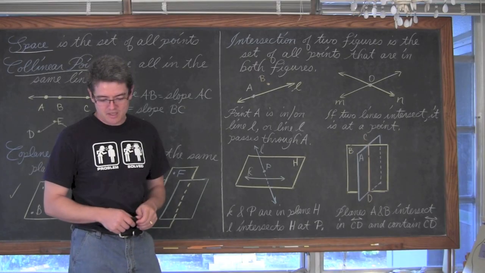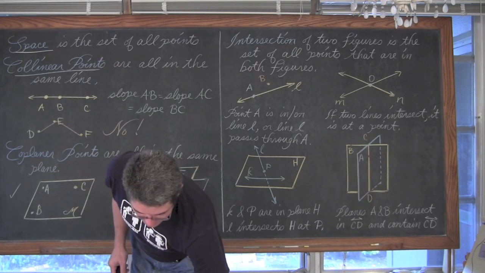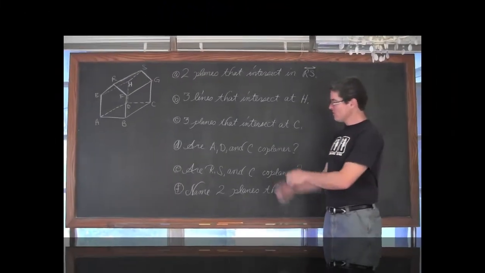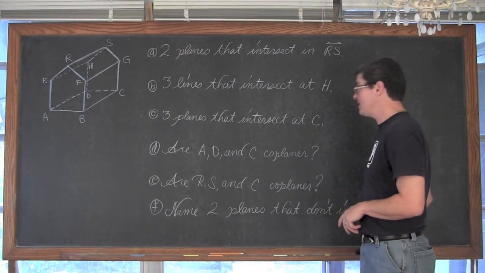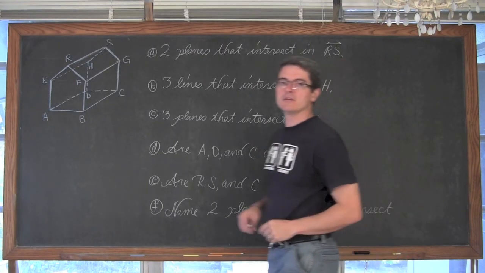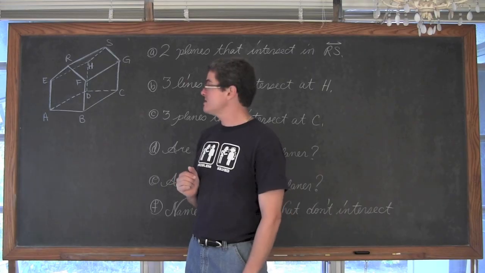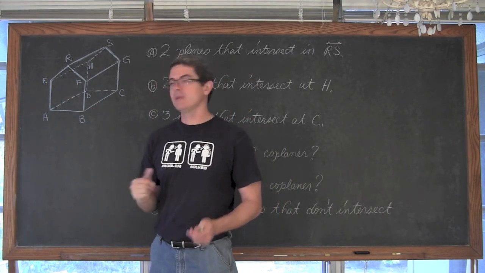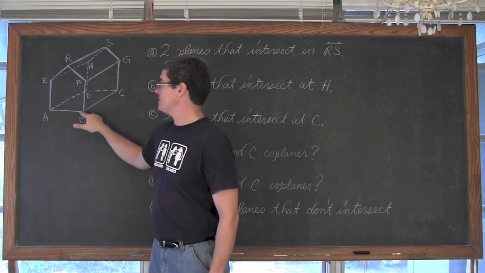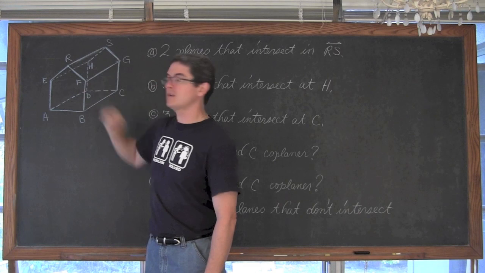Let's get to the next page, which looks like just some examples. So for our series of questions here that we're going to use as our examples before finishing up the video, I've attempted to draw a three-dimensional sort of house figure here. And what I did was I drew a five-sided figure, a pentagon, with a flat horizontal base, two vertical sides, and then a peak in the middle.